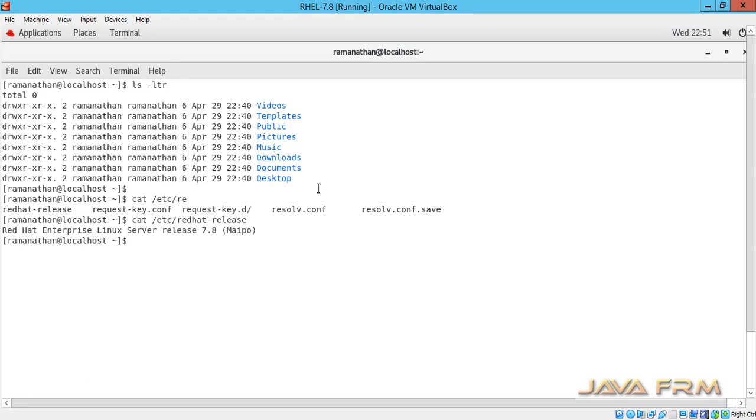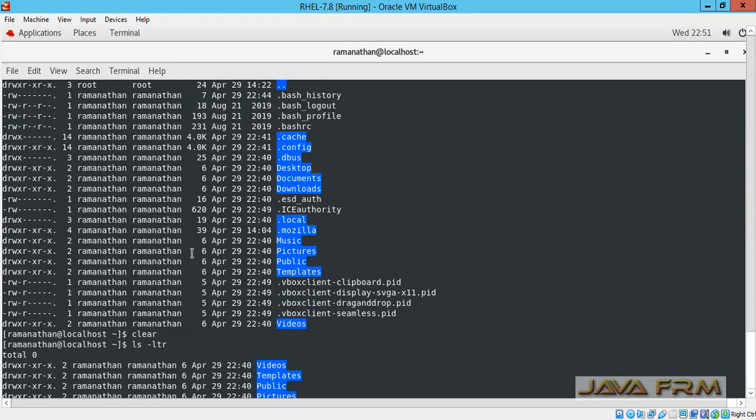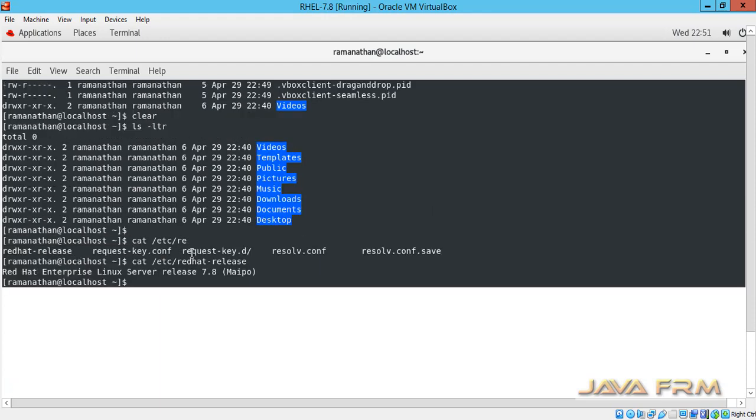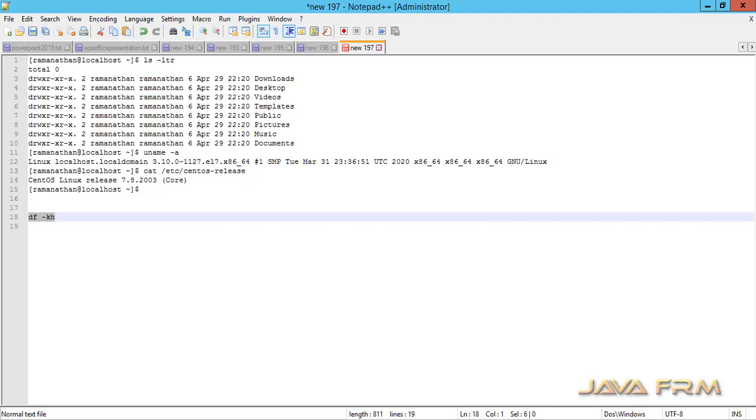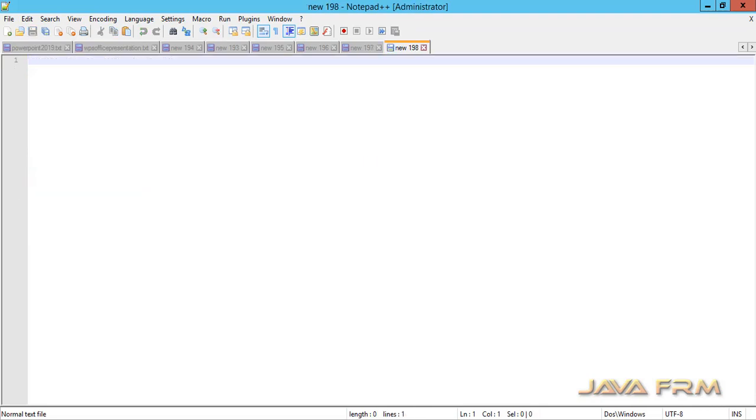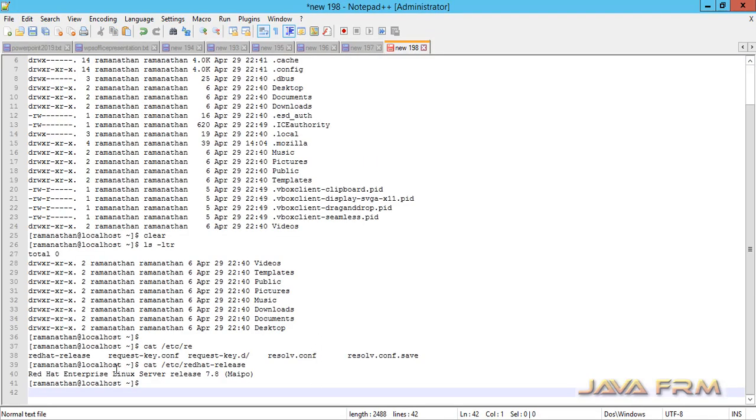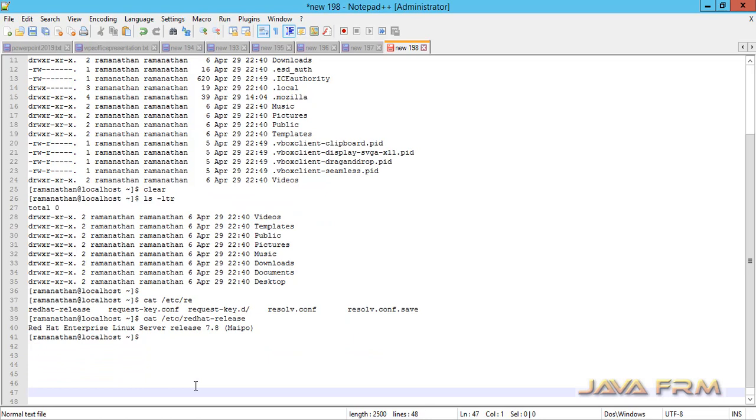Let us see whether it's working or not. I am selecting everything, right click, copy, and I'm going to paste it in the Windows host machine. Yes, it's working fine. From Red Hat to the Windows host machine, I am able to copy and paste.